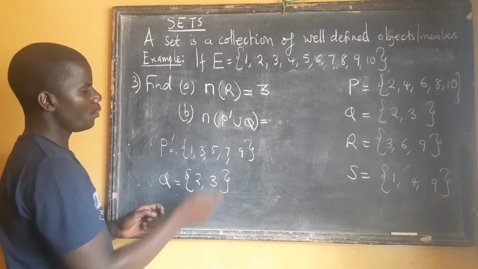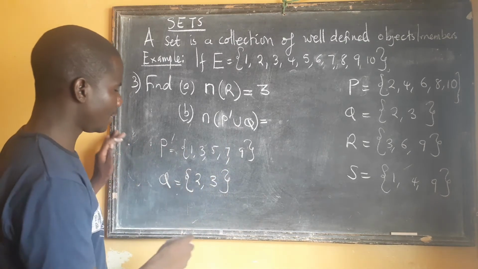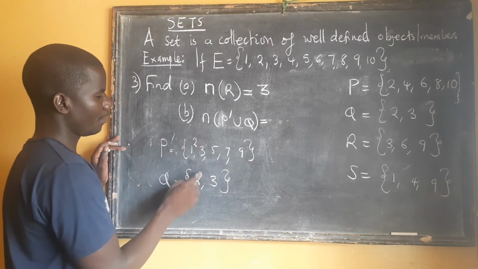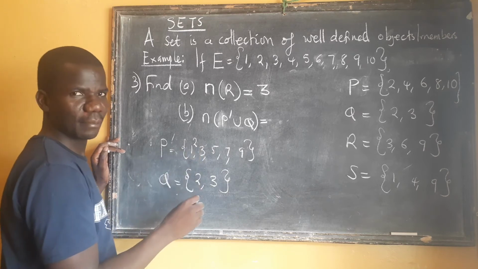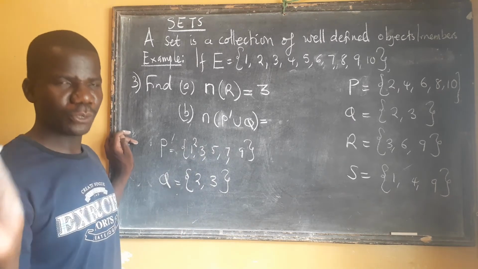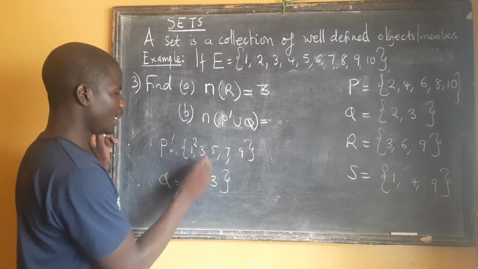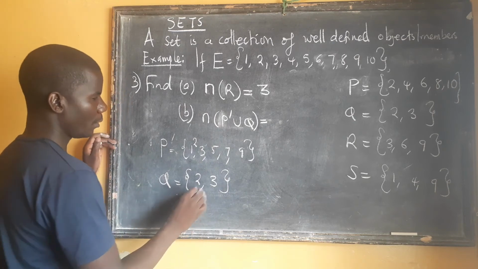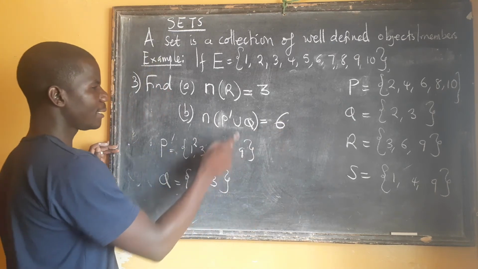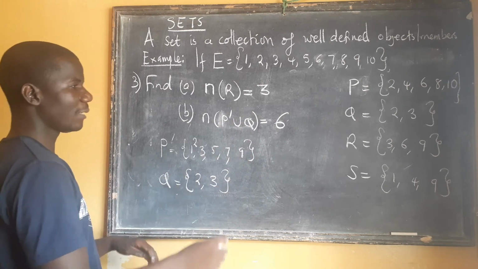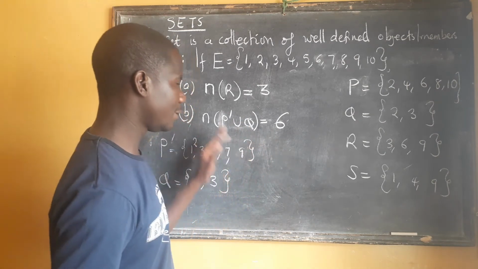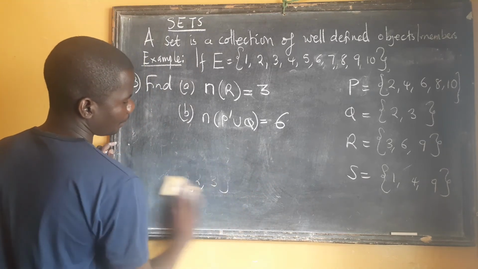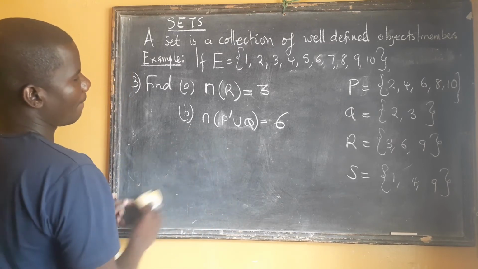But what we have here is the union. So union means we need to put these elements all together. Here what we're going to bring is 2, because 3 is already there. So we're going to count them now. How many are there? 3 is already here. So it will be 1, 2, 3, 4, 5, 6. So here what we're going to write is 6, meaning this set has 6 elements. We listed them down and found that there are 6. Then what we write is 6, to say that there are 6 elements in this particular set.